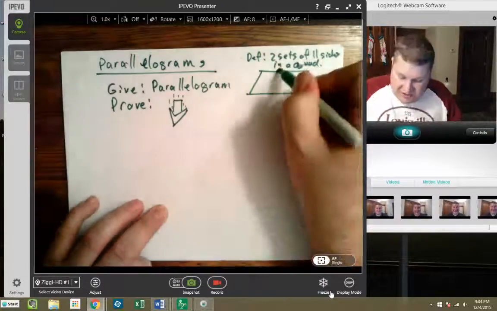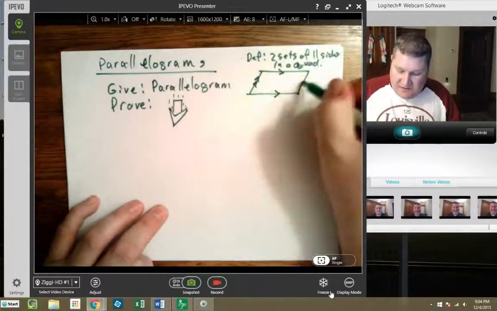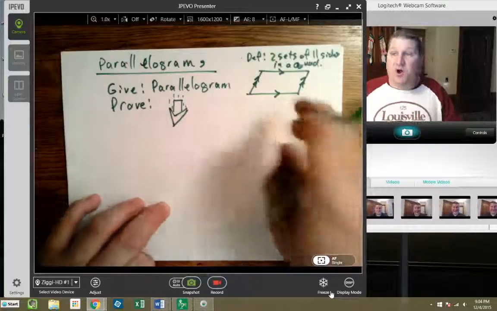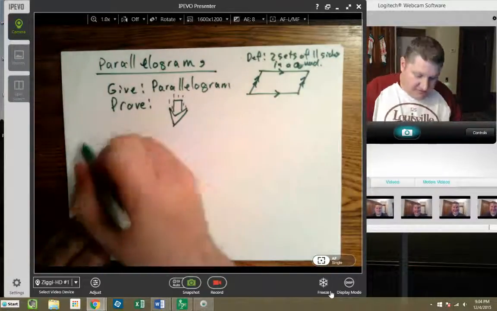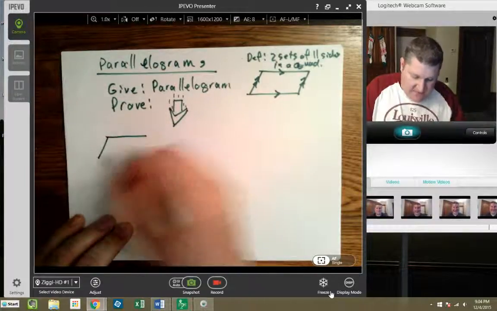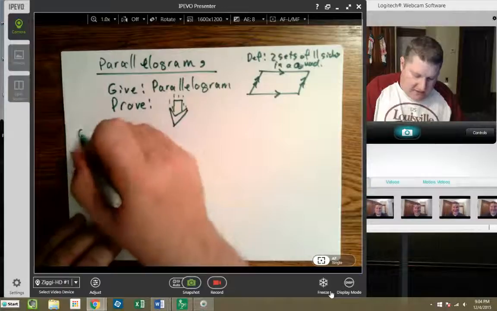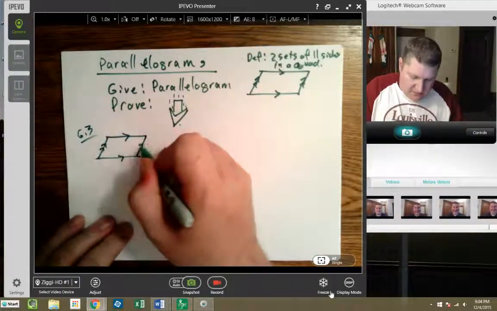Okay, so that means this side is parallel to that side. That's what the little arrows mean. This side is parallel to this side. That's all you know for sure. Everything else we have to prove. That's why we have theorem 6.3 that says if we have a parallelogram here,